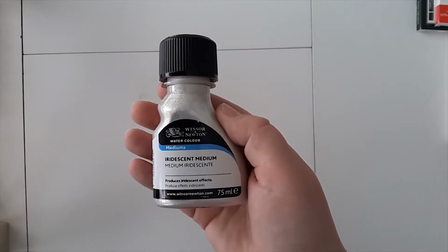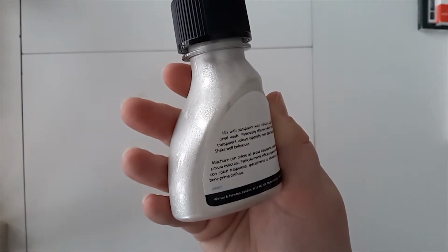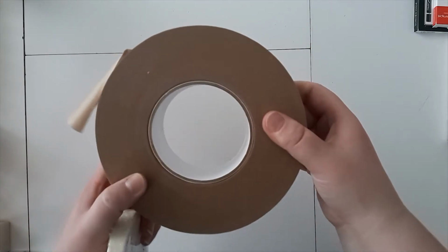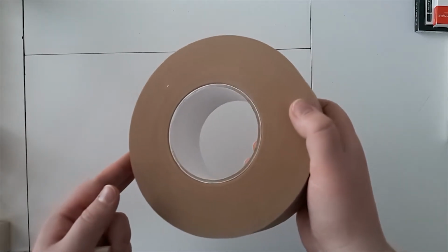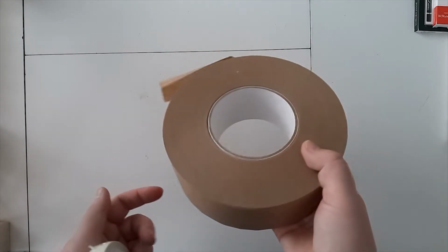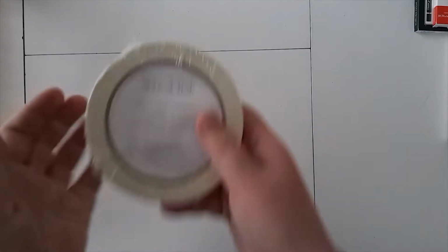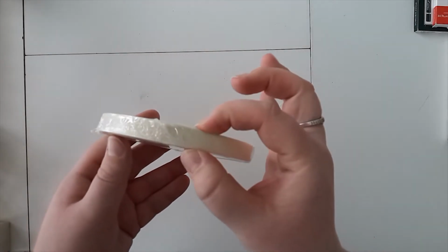This is the iridescent medium from Winsor & Newton, and it is just very glittery and beautiful, and I'm really looking forward to try this with my paint. And some other watercolor related stuff. I've got myself a big roll of gummed paper tape, and earlier in this haul you saw that I bought 3 rolls from eBay, but I wanted to try this one as well, and it was actually cheaper than the ones on eBay. And also this packet of standard masking tape, 1/2 inch wide,